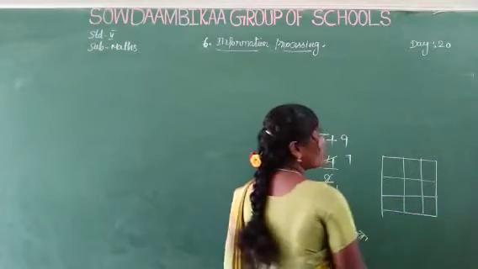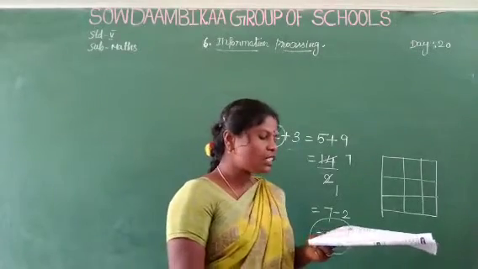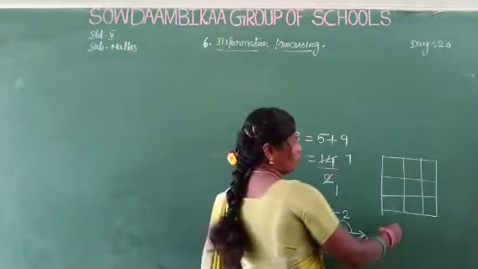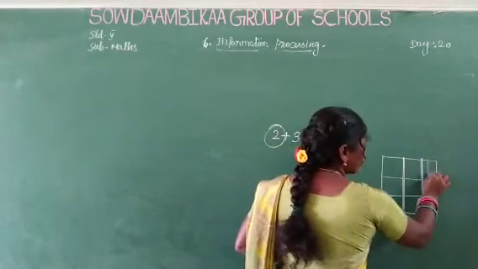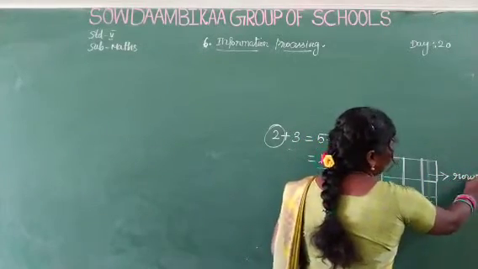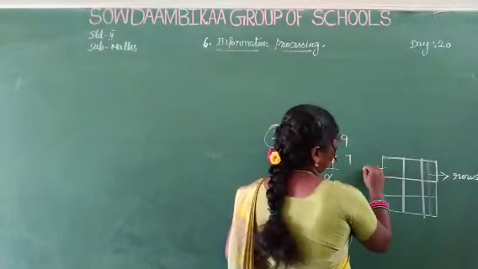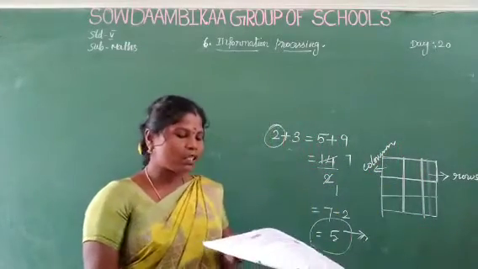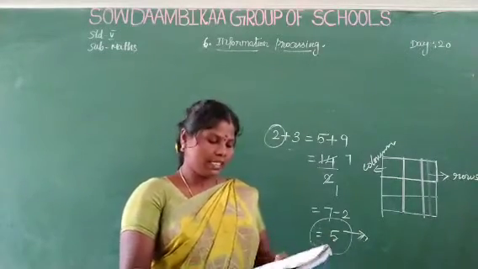Which is row and which is column? Already given clearly. The horizontal squares are called rows. Which is horizontal? This is horizontal. These horizontal squares are rows. And which one is vertical? This is a vertical square. This is column. The horizontal squares are called rows and the vertical squares are columns. Okay. Next.